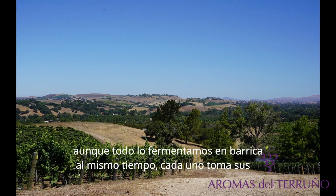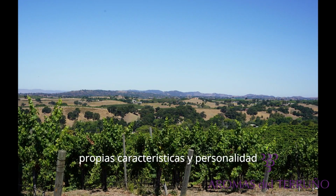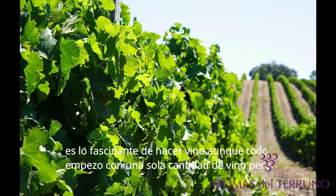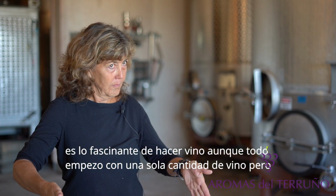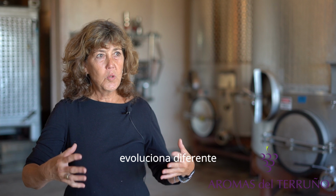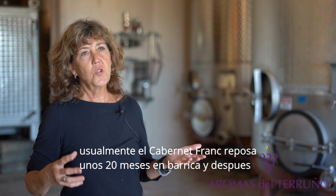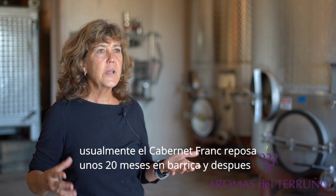And then although we put this to barrel as one lot, each one will have its own personality, which is such the fascinating thing about making wine. Like, you know, we know this all started as the same batch of wine, and then each one evolves on its own. So what we'll do then for the Cabernet Franc, which usually stays in barrel for about 20 months,